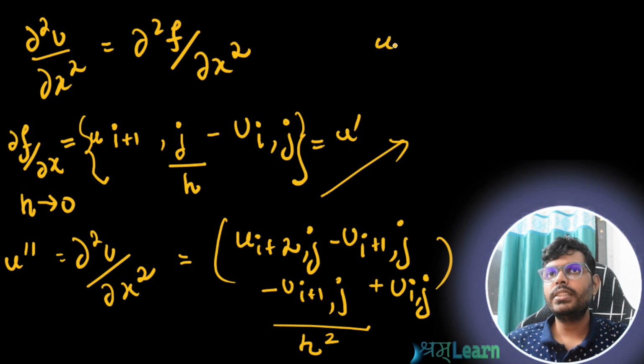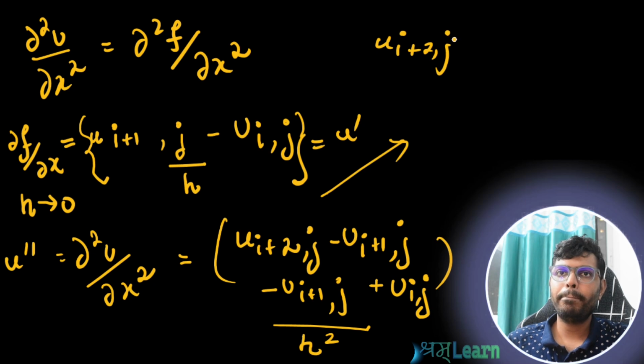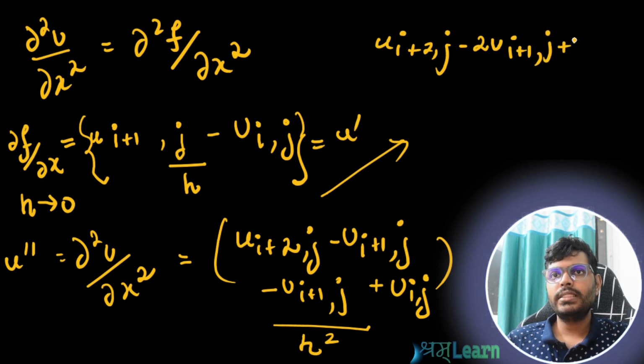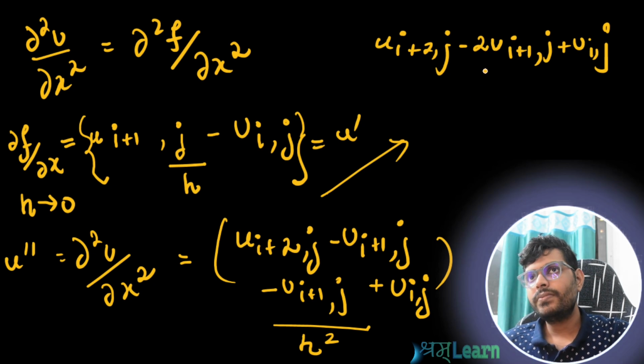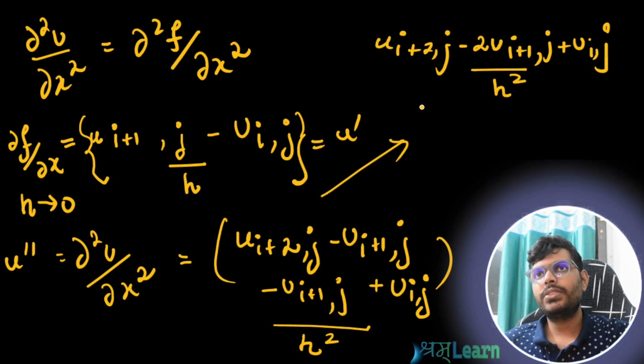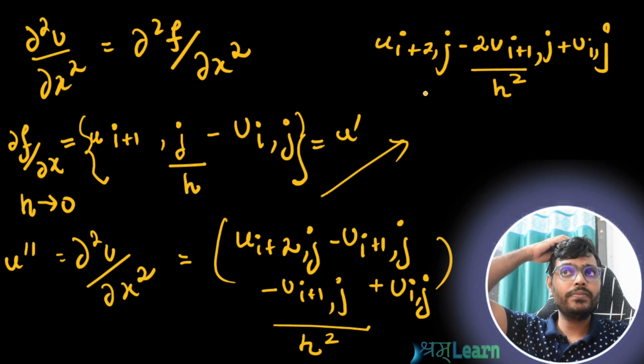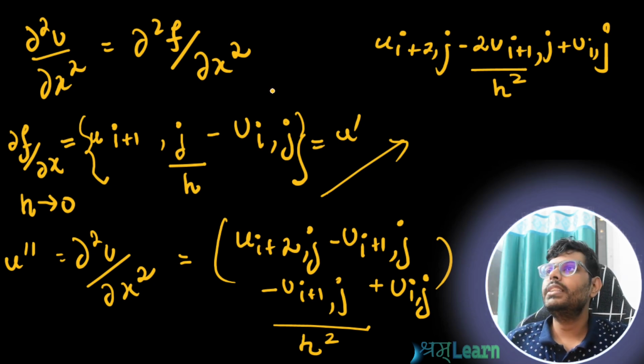This is nothing but u of i plus 2 comma j minus 2 times u of i plus 1 comma j plus u of i comma j, by h square. Okay,